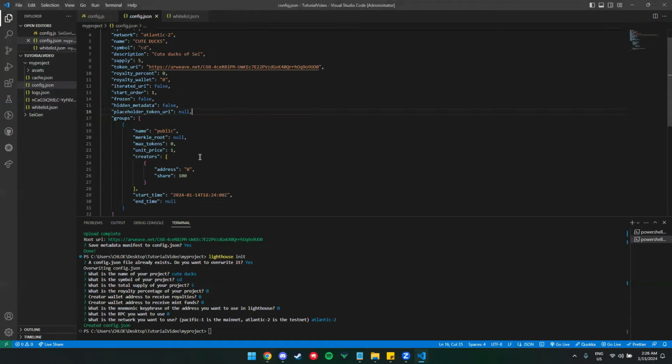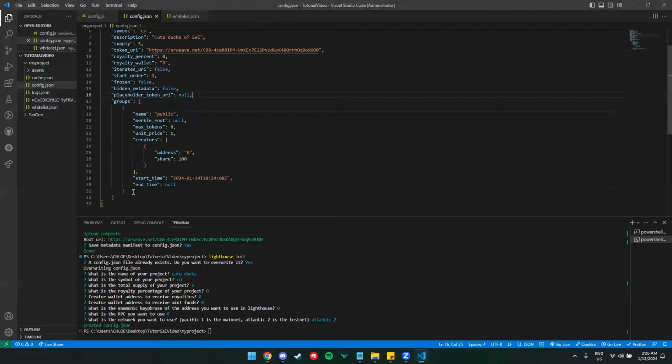Okay. After doing that, let's copy this one. Just add a comma after this one, and then name this as whitelist. Oh, this is the unit price.